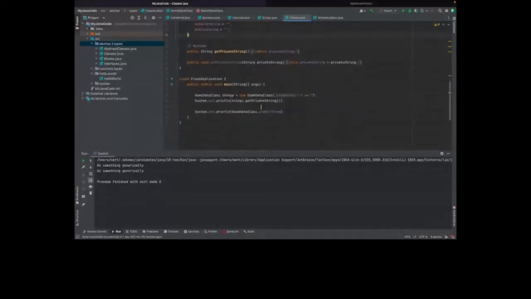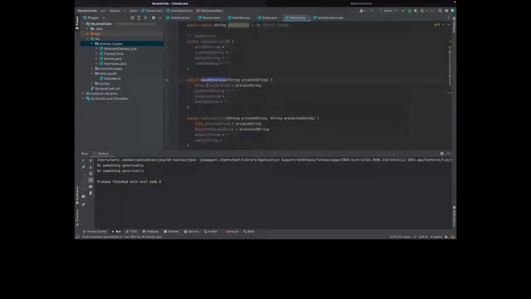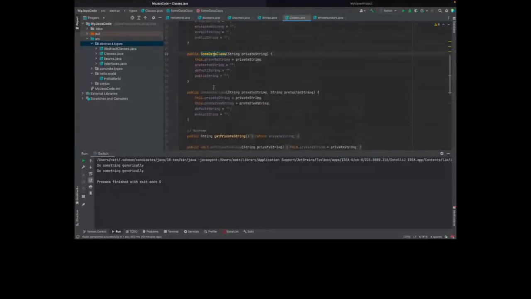And you can see down here, I've used the first argument constructor where I set the private string to "it me". And so I use this constructor, and that is why this thing is highlighted in yellow, because my IDE is telling me that this is being used, whereas this one is currently never used according to my code.